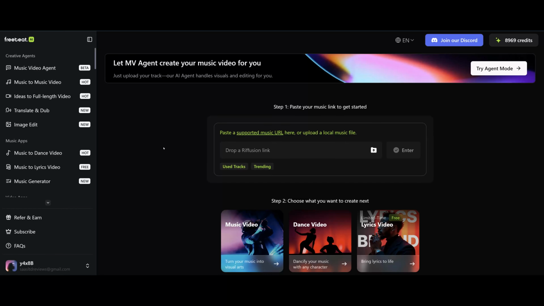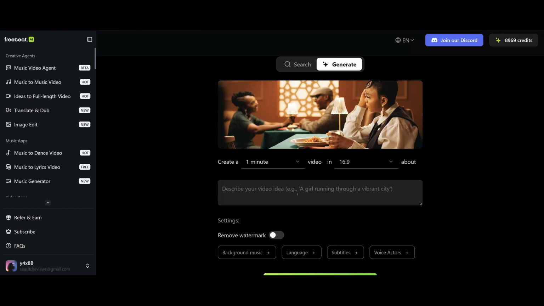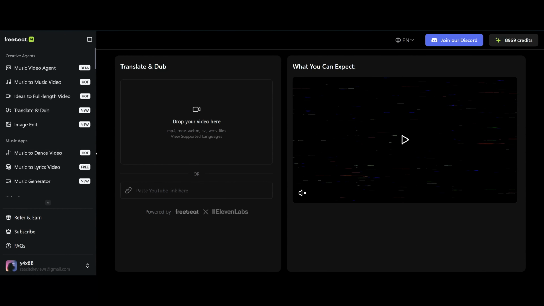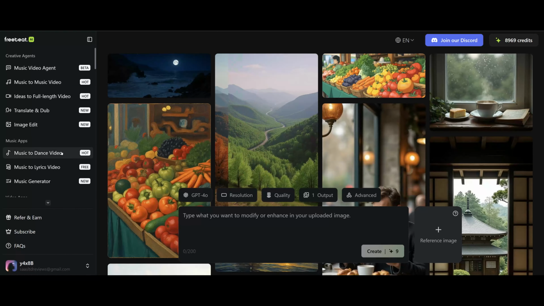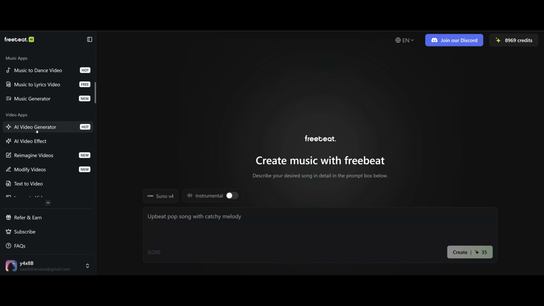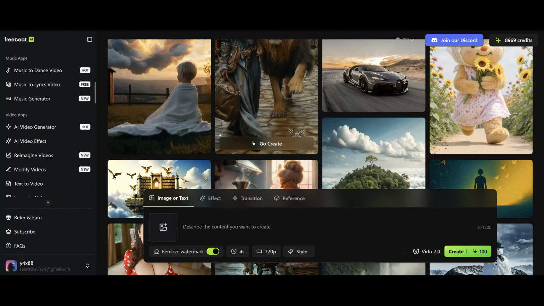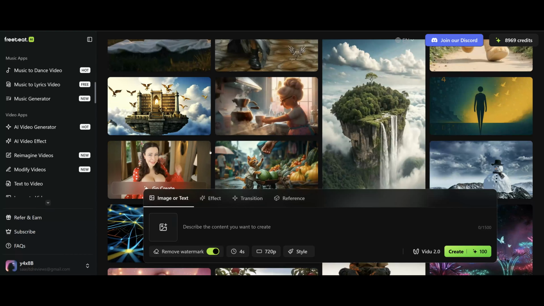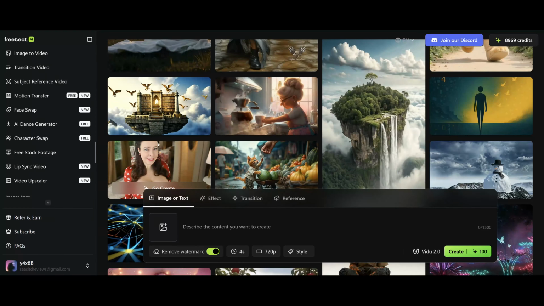Freebeat has a ton of AI features. You can create music videos, text to videos, you can even translate and dub. There's imaging tools, music generators and apps, loads of video apps and cool effects, and there's just so much, guys. I'm going to cover the main features that stand out, and then we'll briefly look at some of the